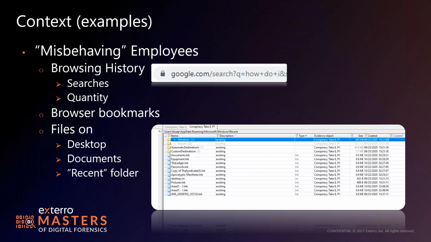So, misbehaving employees, what I like to call soon-to-be ex-employees or possibly ex-employees already. The first thing I want to tell you is, when in doubt, pull the browsing history. If they're goofing off at work, they're probably in a browser. If they're in incognito mode, we've got to go a little deeper with a full analysis. But what I want to draw your attention to in the screenshot is the search q=. Pretty much every search engine artifact out there has a q= in it, followed by the phrase they're searching